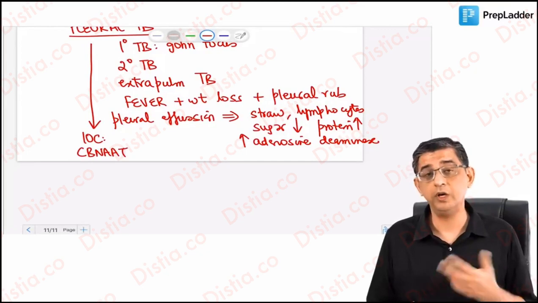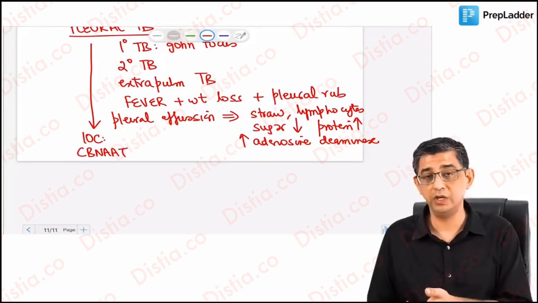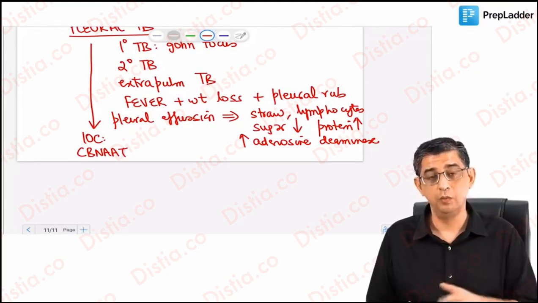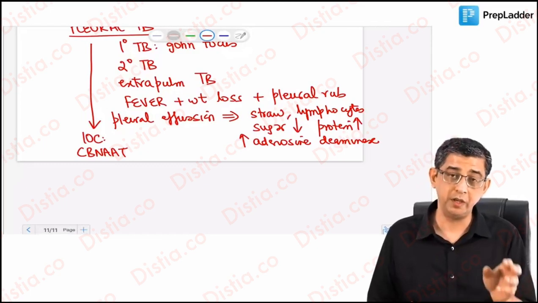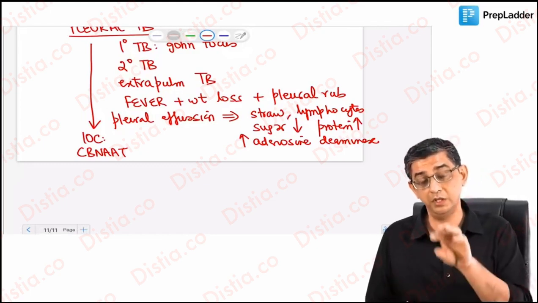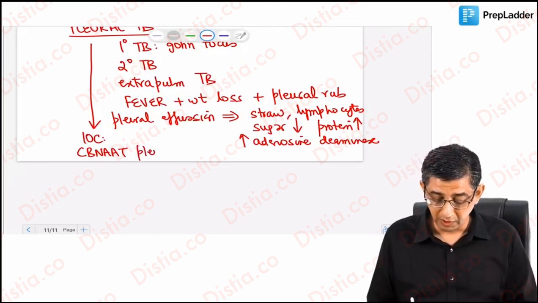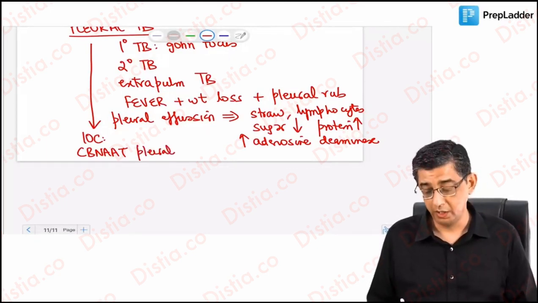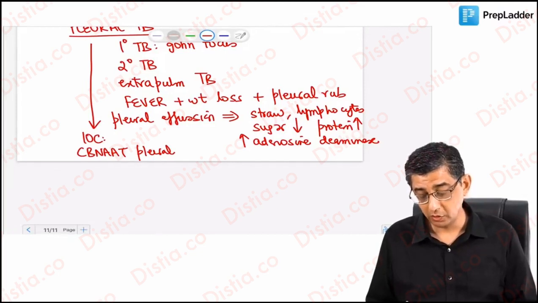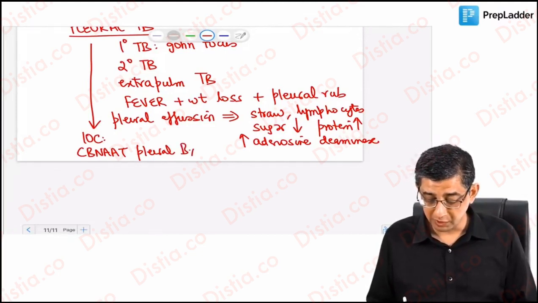Now, obviously, patient may not agree for a pleural biopsy. Whatever fluid that I have, I can do a CB NAT on the same as well. But the diagnostic yield in pleural fluid can be lesser as compared to the diagnostic yield in the pleura per se, where the infection is present. I repeat the fact once again: CB NAT of the pleural fluid and CB NAT of the pleural biopsy specimen,